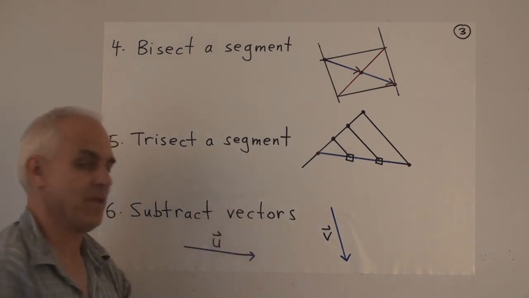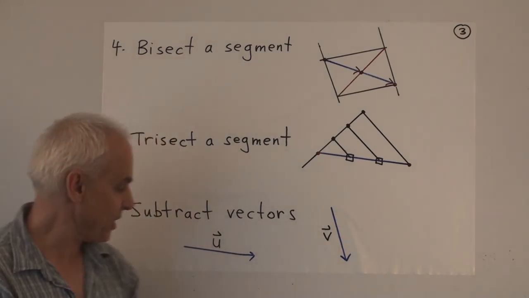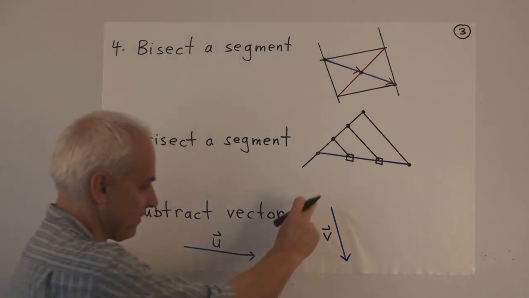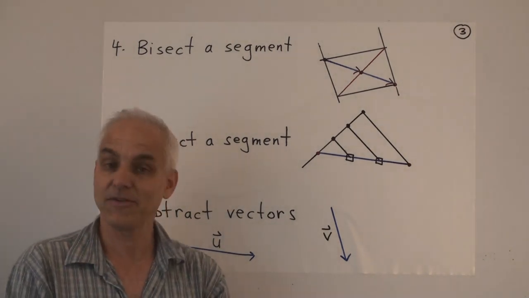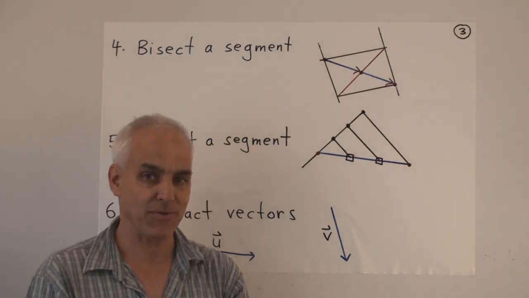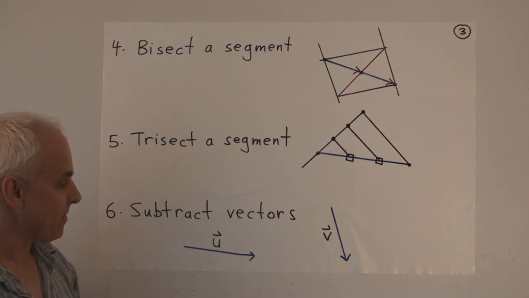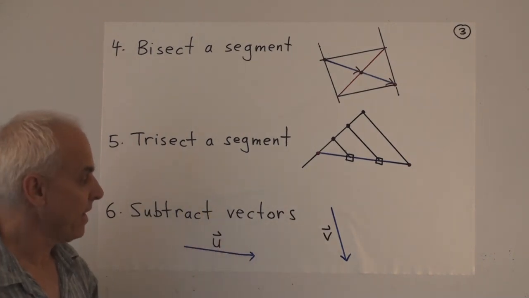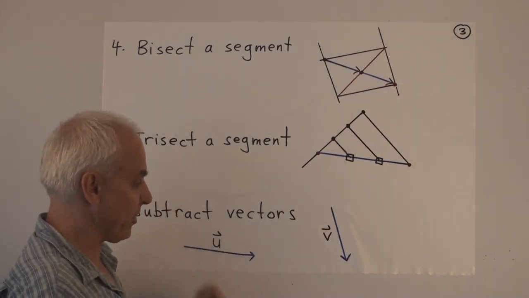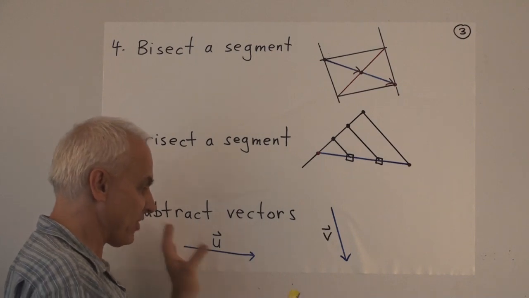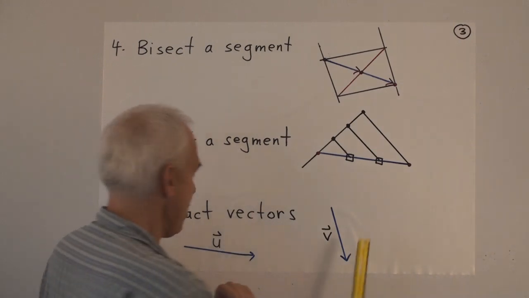And our last, but not least, construction is how to subtract vectors. So here's a vector u, and here's a vector v. And we want to understand the difference between v and u. This is a very important construction, so make sure that you understand this completely correctly. So what we're going to do now is put those vectors together, and I could use one of the vectors and just translate one onto the other one, but I'm going to make a separate diagram emphasizing the fact that it doesn't have to be in the vicinity of these 2 vectors. It could be anywhere.